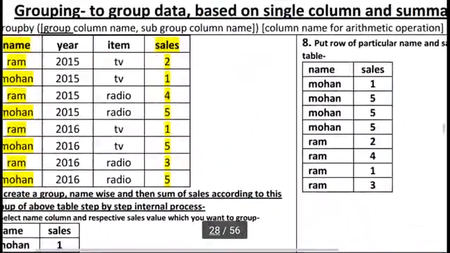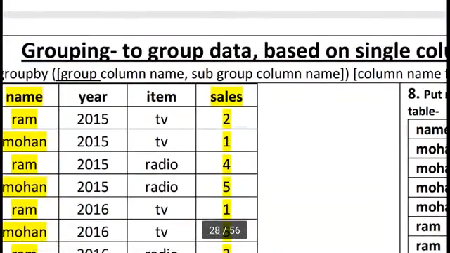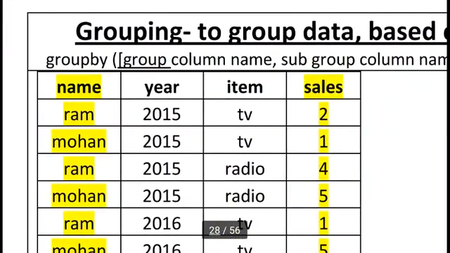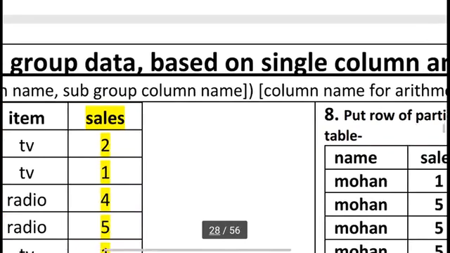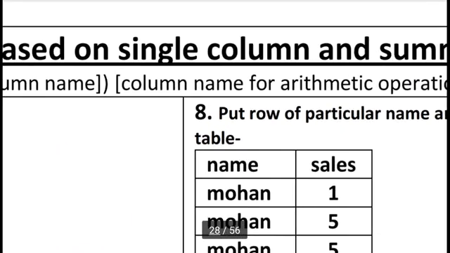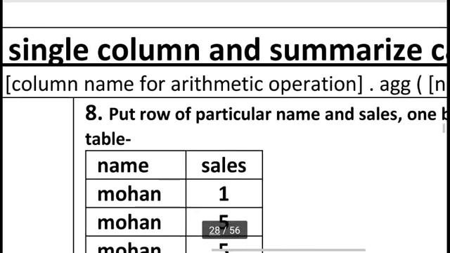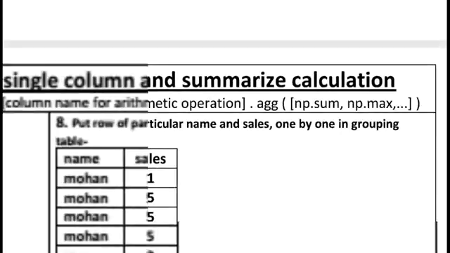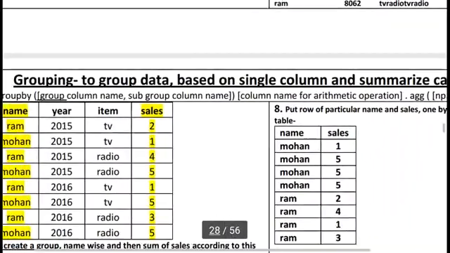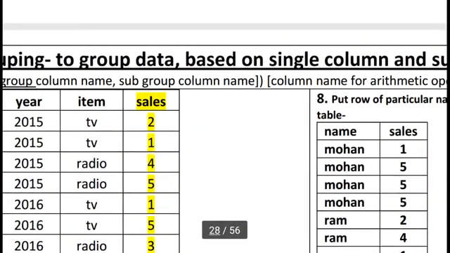So here you can see the syntax of group by. In this syntax, group by is our function, then the group column name, which column I want to group. Then we can also subgroup, and this thing is important. After grouping, select a numerical column, for which I want to perform sum, max, mean. So select a numerical column and also specify which type of numerical calculation I want to see. So in grouping we require at least three things.